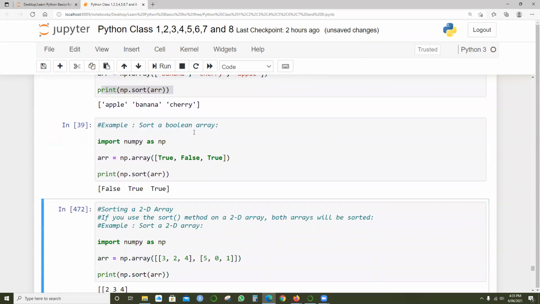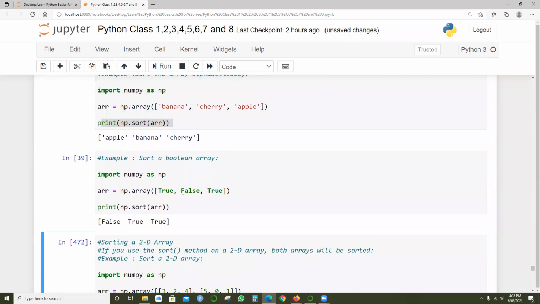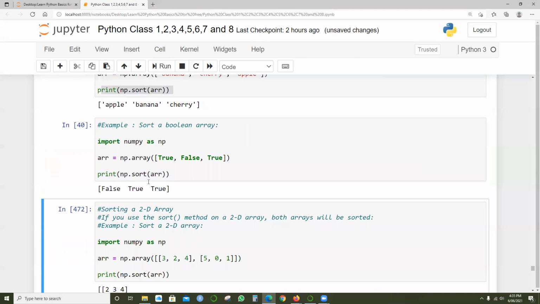So let's take one more example, booleans. Booleans means true, false, whatever. Here it's the same thing, print np.sort of the array. First it's looking for the false and then the true, right? So the boolean sort is picking up and sorting the values.